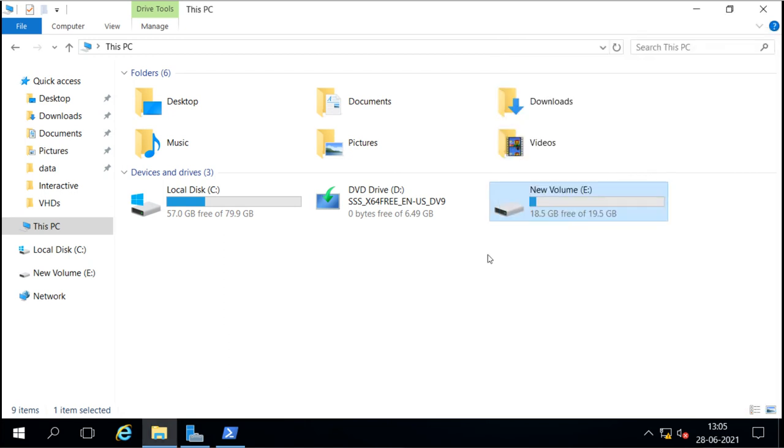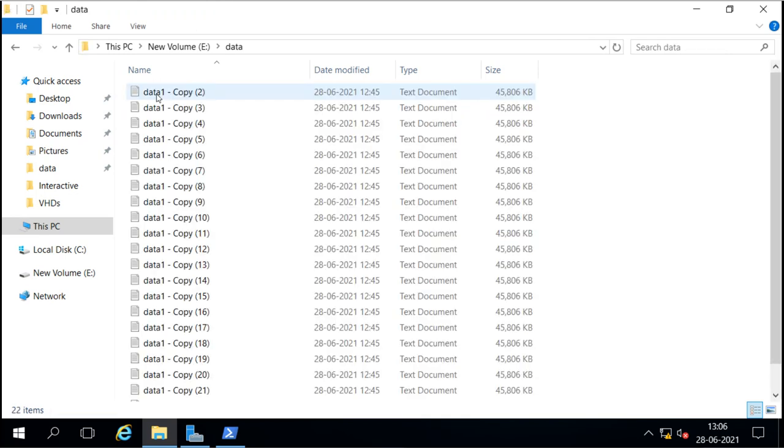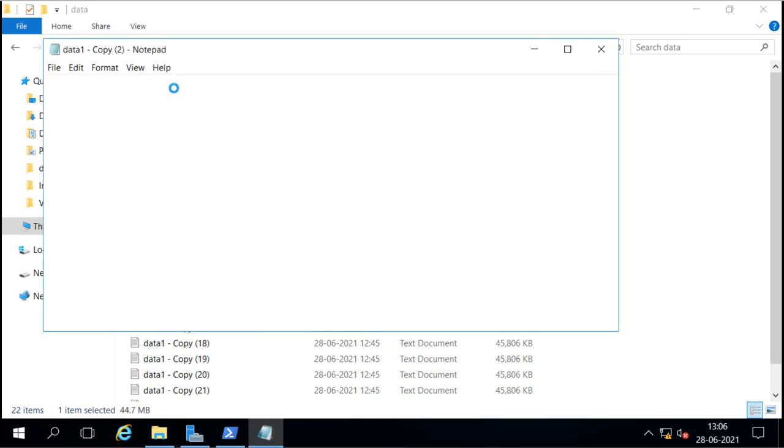So how has it saved? Remember I told you these are all redundant copies. These directories are all copies of this particular directory. In the particular directory also, all these files are copies of a single file. And when you open that single file, in that file also we have the same copy of data.